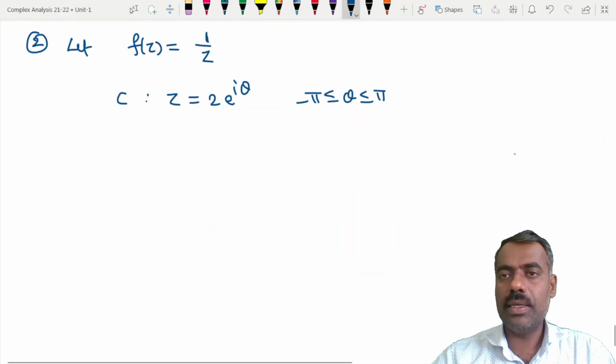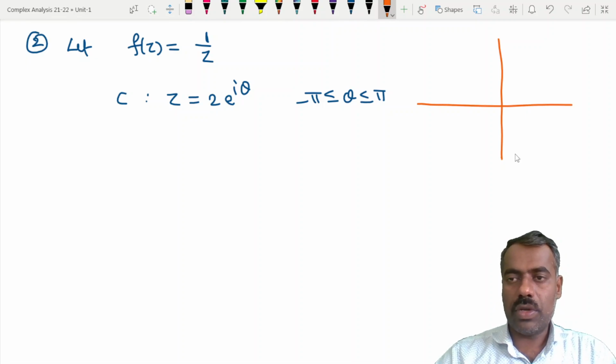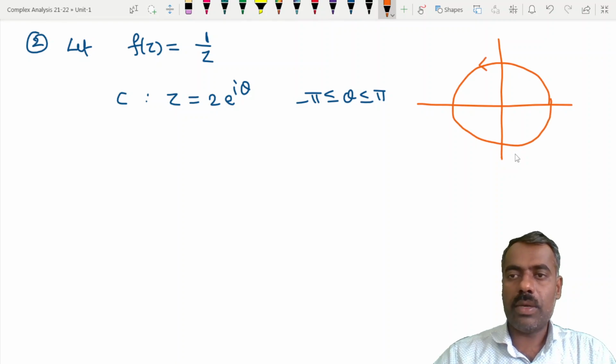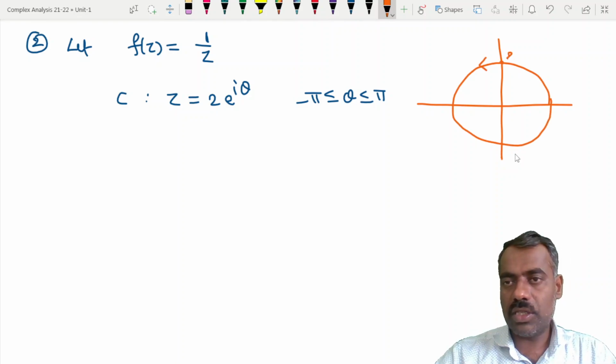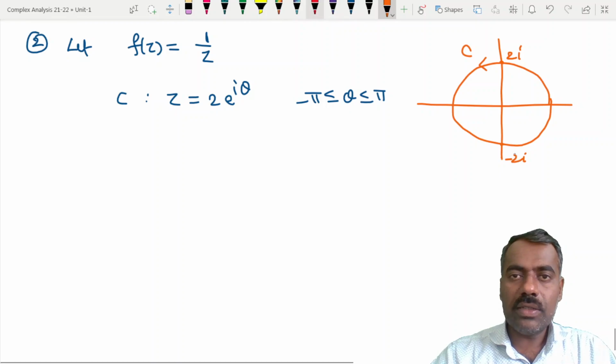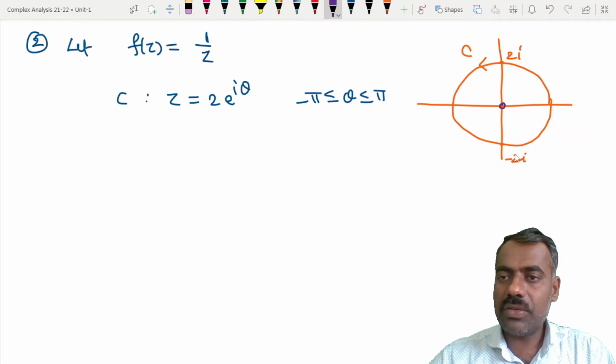Picture is, so you can take a C. If you take this is 2i and this is minus 2i, and this is your C. Then what we can observe here is that in last class we also discussed earlier this line,